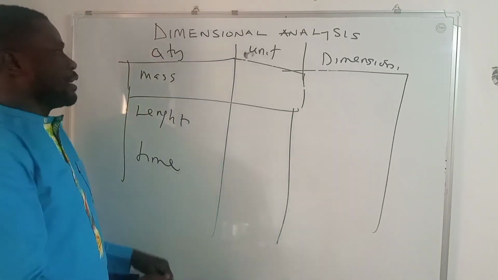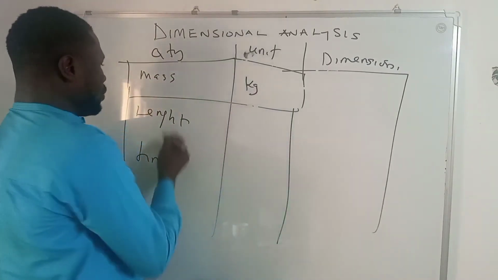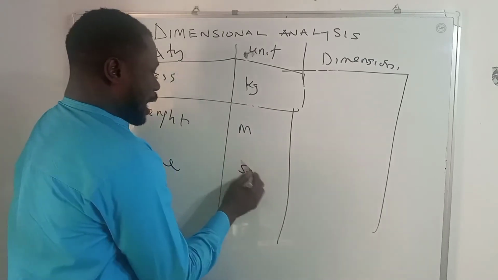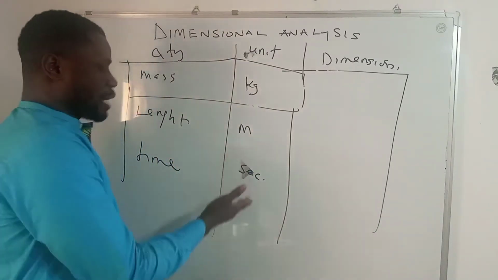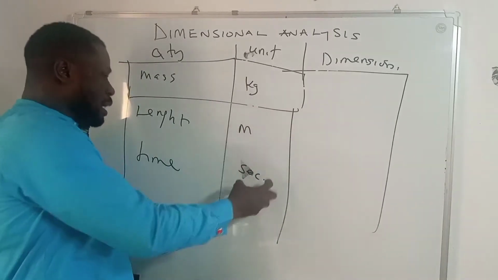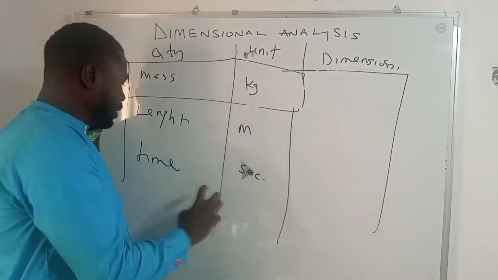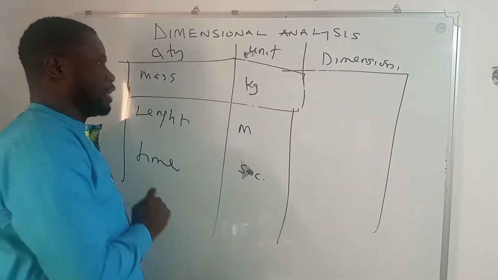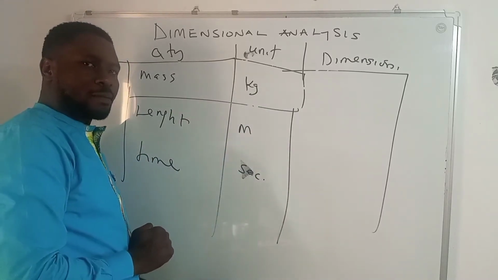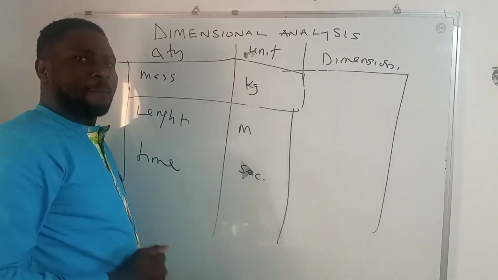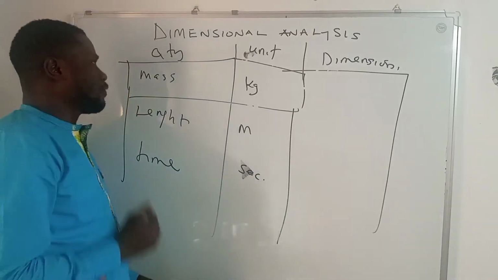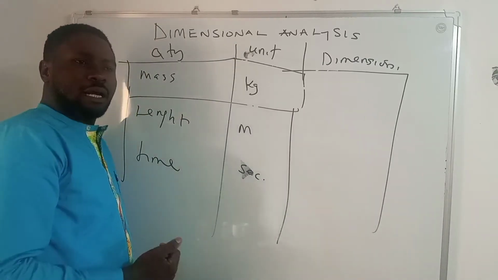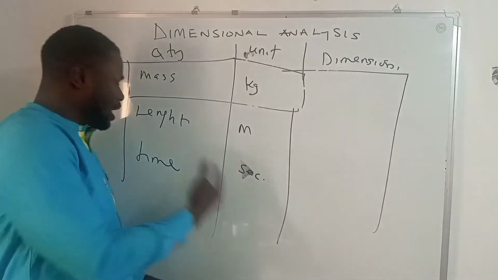For instance, the unit of mass is kilogram, the unit of length is meter, the unit of time is in seconds. Although it can be second, we can also have the unit of time in minutes and hour. Now, minutes and hour refer to the Gaussian unit of time. Then meter is the SI unit of length, second is the SI unit of time, kilogram is the SI unit of mass. But mass also has another unit, gram, that is the Gaussian unit of mass. The centimeter is the Gaussian unit of length.